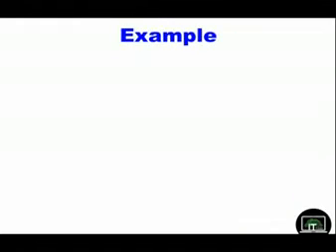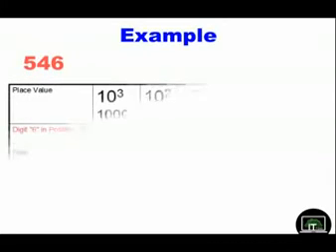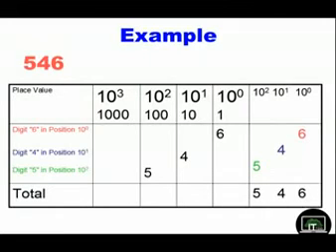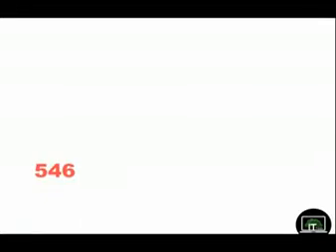Look at now how 546 is made. You can see that the 6 in position 0 has a value of 1 times 6. 4 is in the second position, that is a value of 10. So 4 times 10. Then 5 times 100, that is 546. Look at this one.